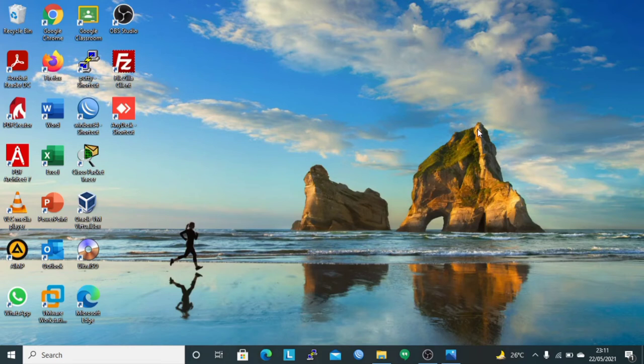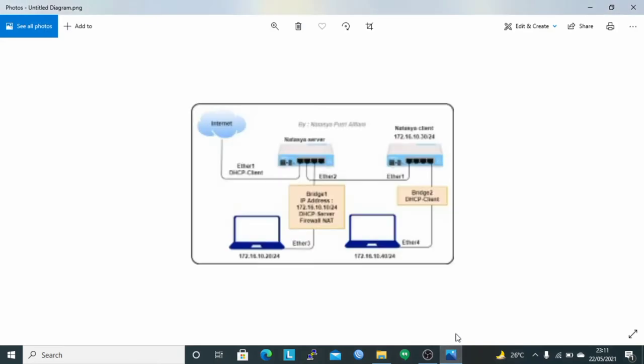In this video, I will review chapter 3 about bridge. The following is the topology used in this review. In the topology, I use two routers, where one router acts as a server and the other router acts as a client, where Ether 1 on the router server is connected directly to the ISP using a LAN cable.